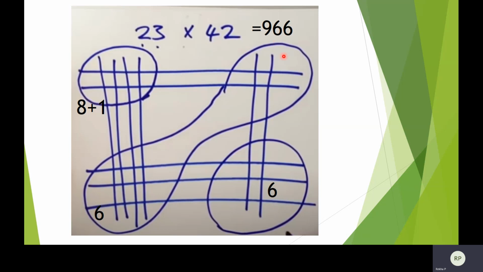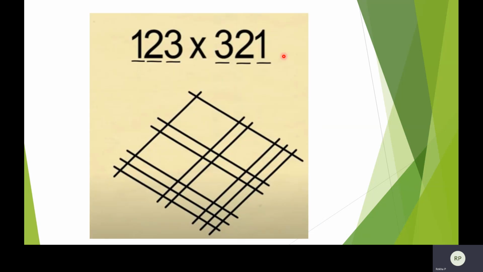Now this trick will work if you draw it in a proper fashion and group it properly. The same trick will work for any digit number. So we'll do something like a 3-digit number. Let's see the 3-digit number also. So this is 123. This 123 has been represented like this: 1, 2 lines, and then the third digit, 1, 2, 3. And this 321 we have represented like this. So 3 lines and 2 lines and 1 line.